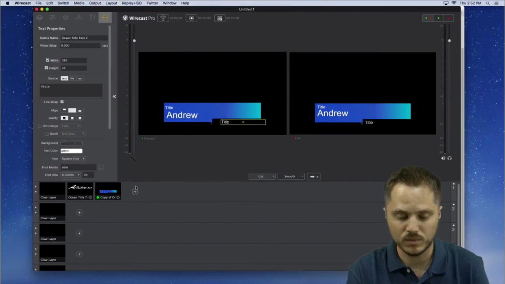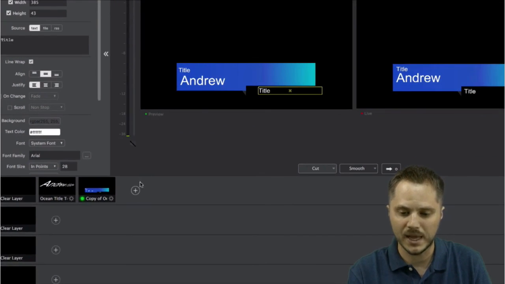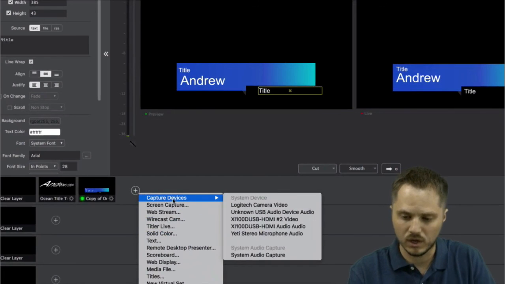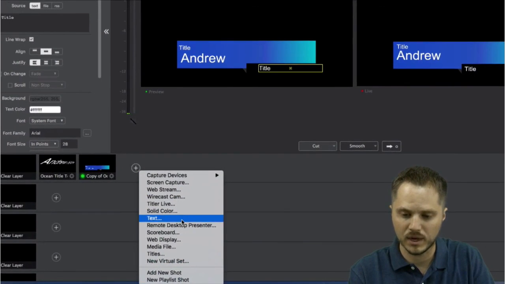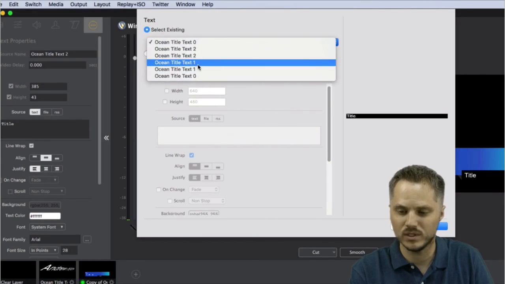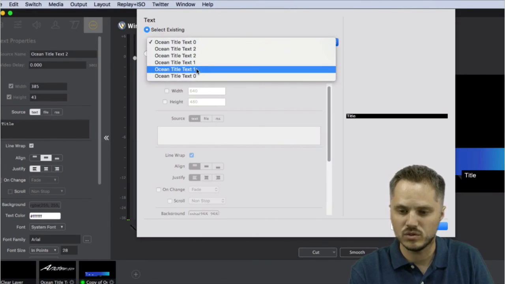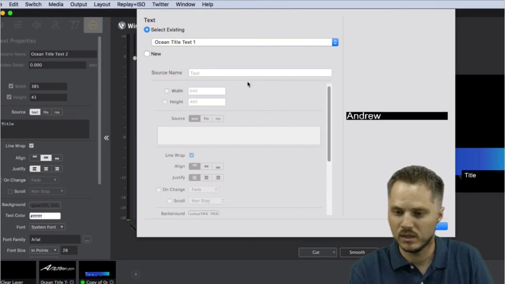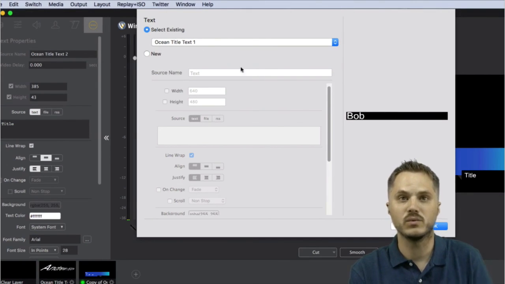So I think we should be able to add Bob back in if we go and add a text box again. And this time, if we choose an existing one that's already connected, and we choose Ocean Title Text 1, that's not that one. There it is. You can see it. That's the right one.